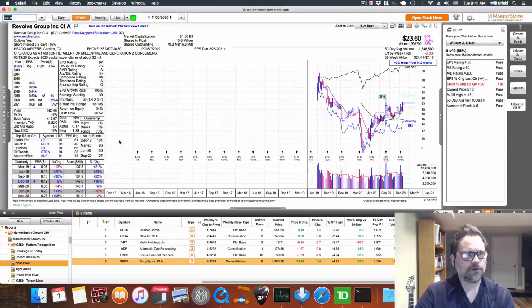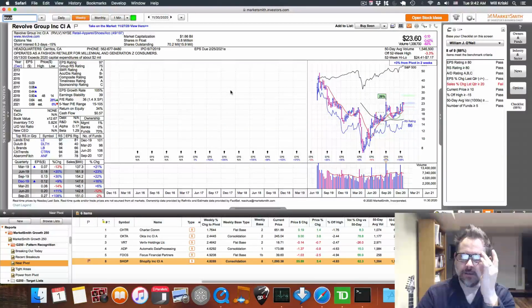The other thing that's cool is you see other stocks in this area, and you can sort of see if they're better. Like if you see the earnings rating and the relative strength, I can look here and see potentially a better candidate for that. So what I do is I look at,